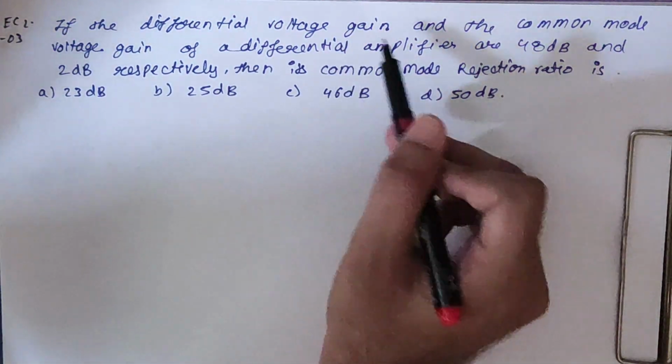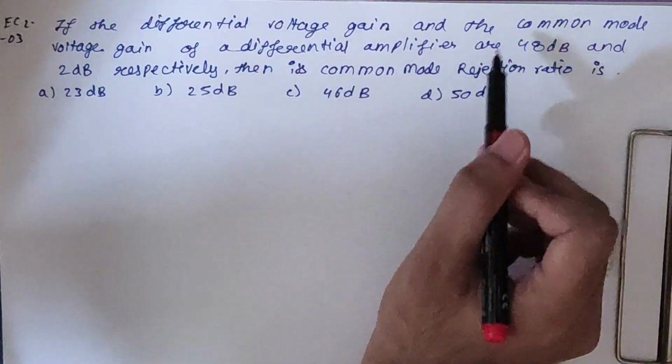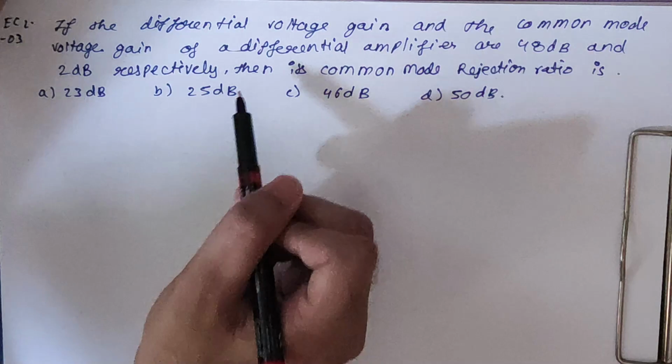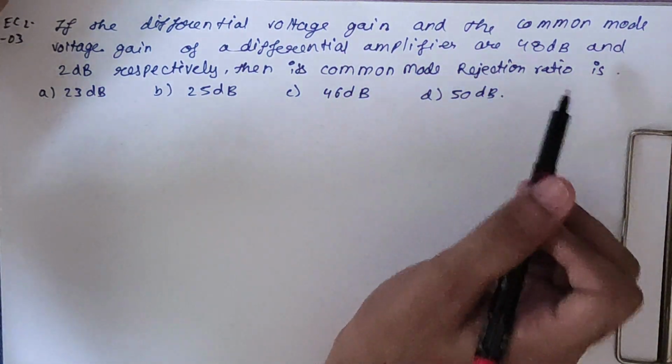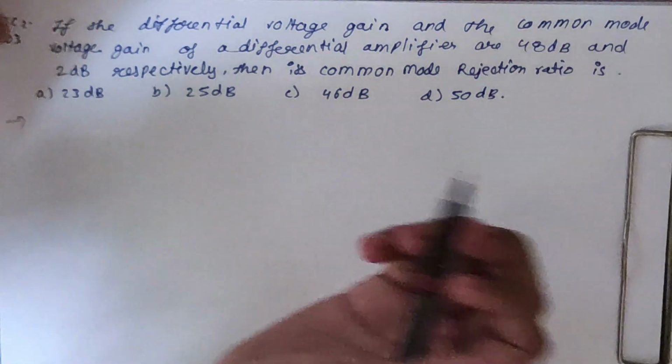If the differential voltage gain and the common mode voltage gain of a differential amplifier are 48 dB and 2 dB respectively, then its common mode rejection ratio is. This is a simple question. You don't even need any trick, since we know